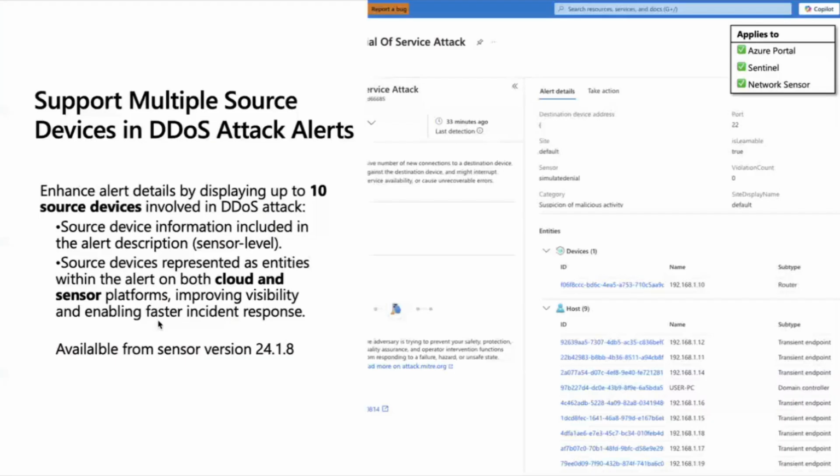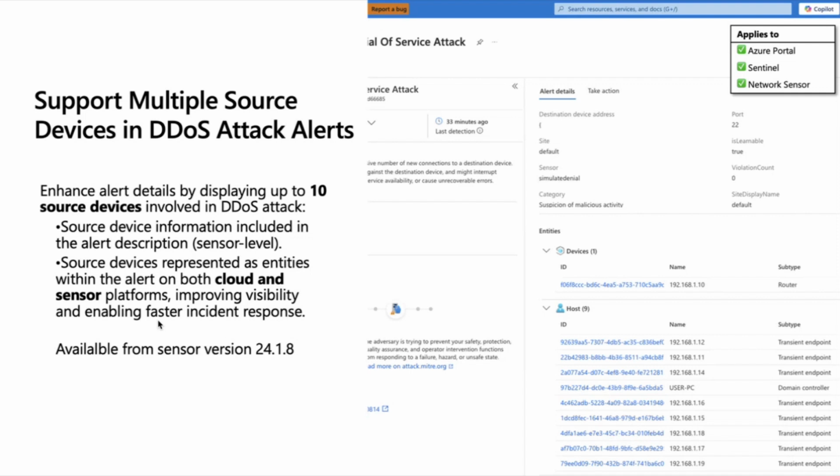So far, the denial of service attack in Defender for OT showed only one of the sources and the destinations that were involved as part of the alert, like only a partial view of the compromised assets related to the DDoS attacks. In the new and improved behavior, all the involved assets will be displayed as part of the